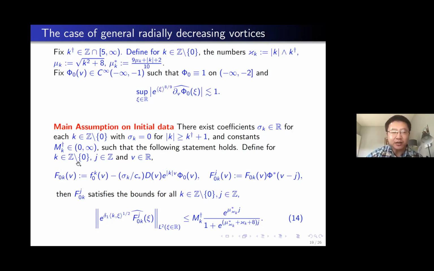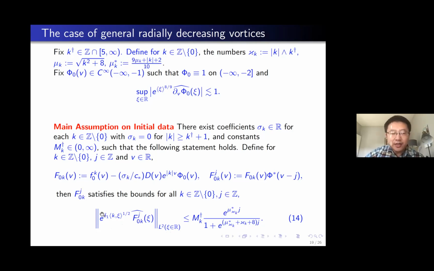Now the assumptions are imposed, instead of on little fk, on capital Fk. Capital Fk are assumed to satisfy the following conditions. You localize at the place J. That's where this is a little technical, because we have to capture both physical space decay and regularity. But if we localize around the location J, then we assume this is Gevrey regular with this precise weight. You multiply this weight, and then you take the L2 norm. So this is exactly Gevrey regular.